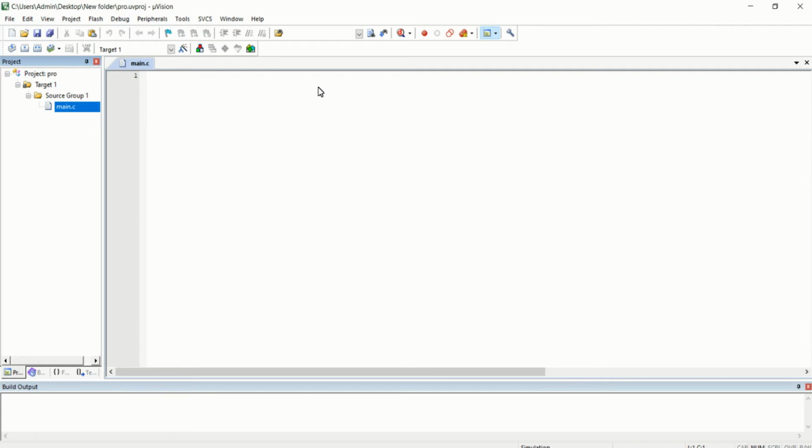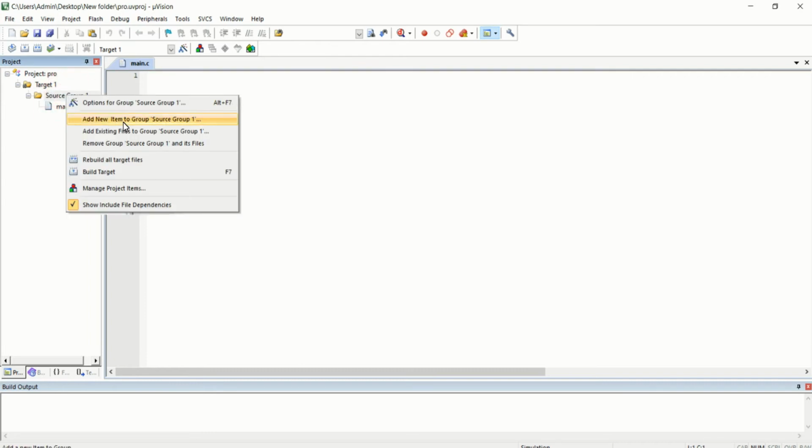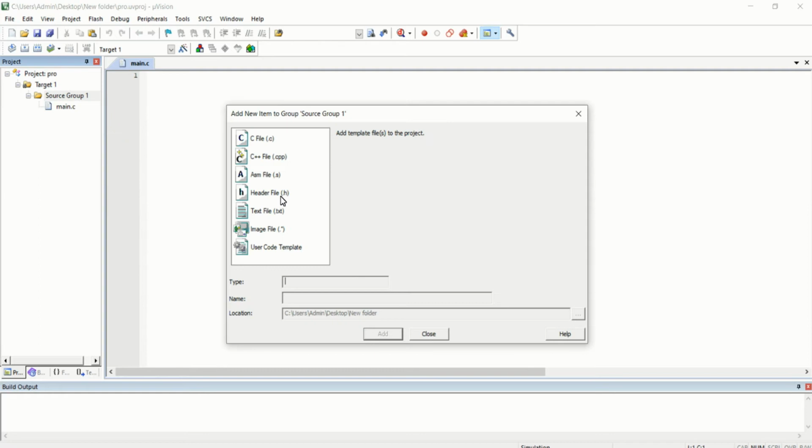Now that we have the C51 compiler internally available in this Keil MicroVision IDE, we just want to create the header file for the AT89S52 microcontroller that we are going to use. Again, right click on the source group and click on add new item to the group. Now click on header file and give it whatever name you want, but this is the header file of the microcontroller